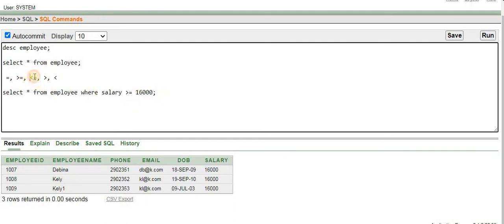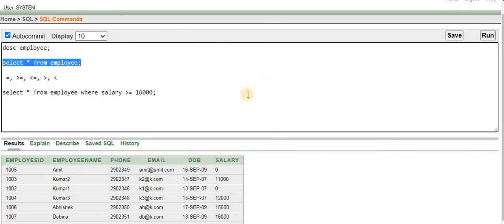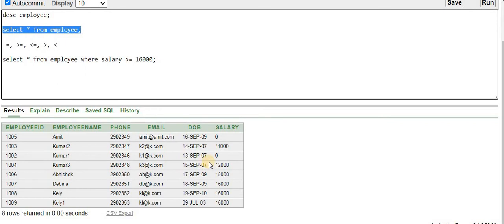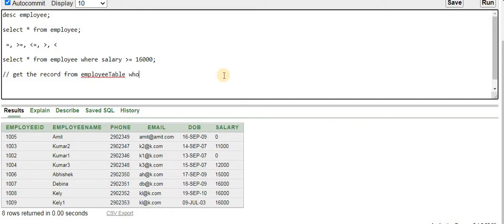Now we have to go to the less than or equal to relational operator. Okay, so first we have to go to the employee table. How many records are available? 8 records are available. Now my criteria is that I wanted to get the records from the employee table whose salary is less than or equal to 10,000, right? Is there any record available whose salary is less than or equal to 10,000? What is our expectation? It should return 2 rows as the result, right?